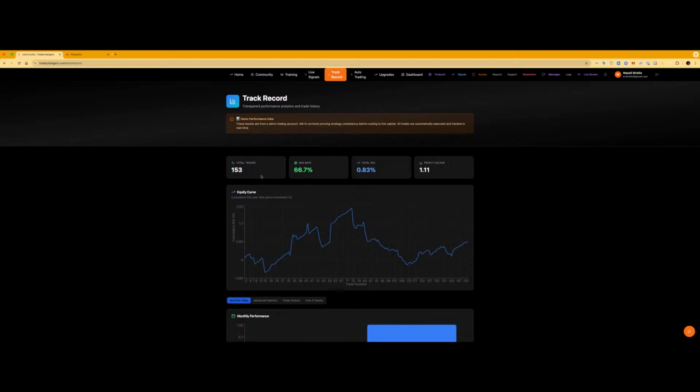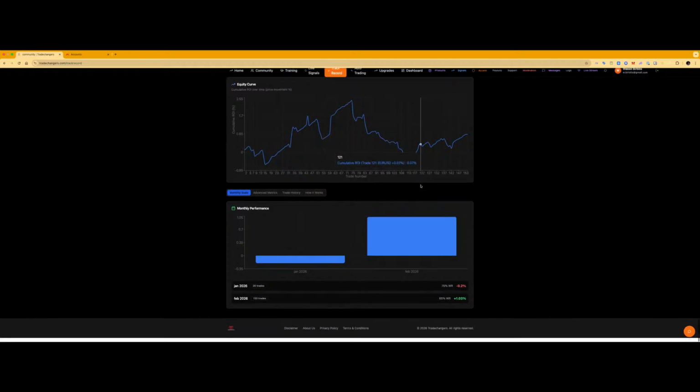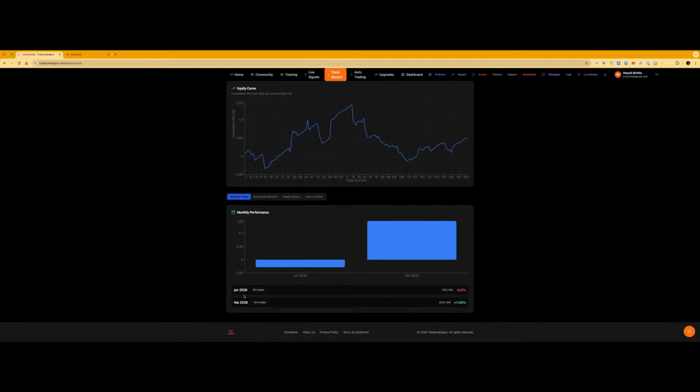So when you go here, since January or since February, we had 153 trades. The win rate is 66.7%. Total ROI you see here, and the profit factor is here, all right? So here you see actually the January stats and the February. So in January we only had 20 trades. That was a start. We had some loss in the beginning, and now in February we are on a winning